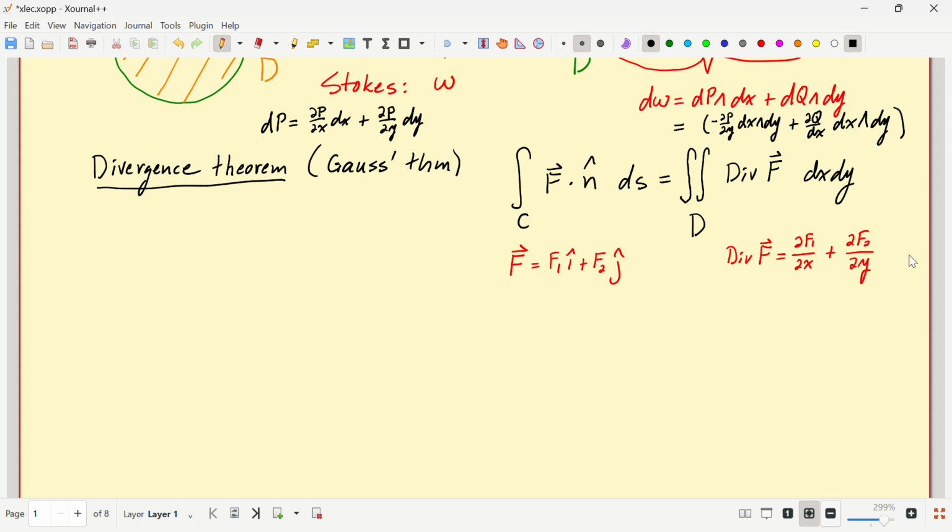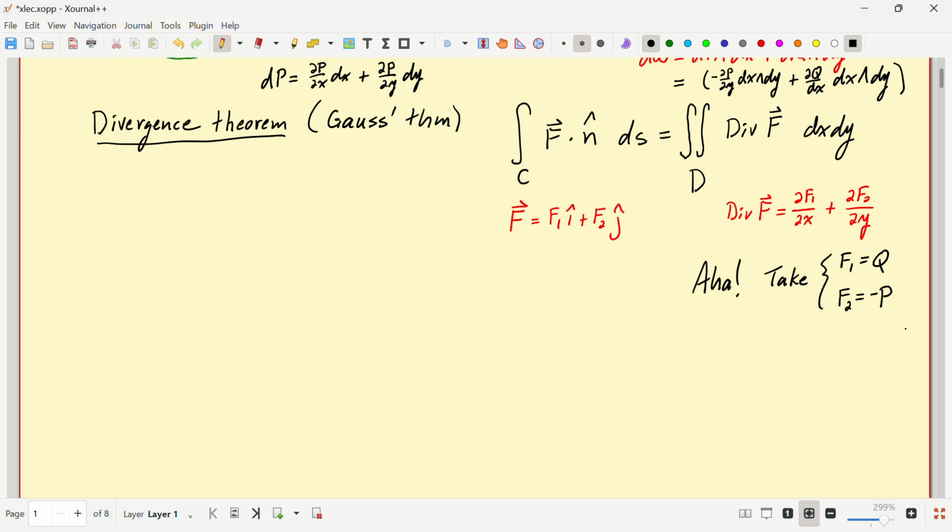When you stare at it for a second, you realize F1 should be the Q function, and F2, since there's a plus there, I should take to be minus P. And then if I use Green's theorem, that's going to be equal to